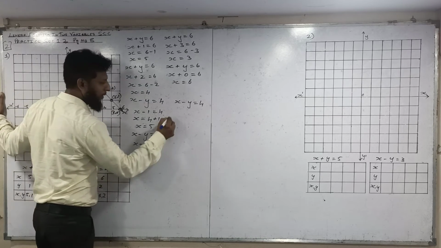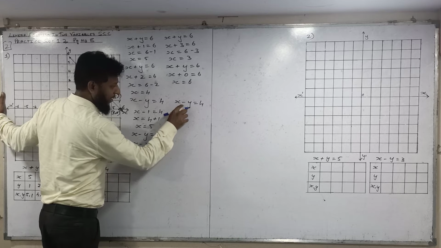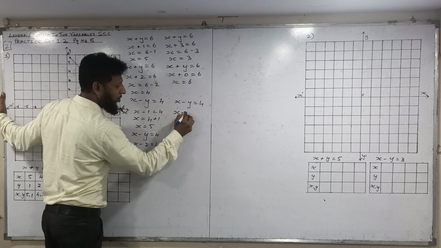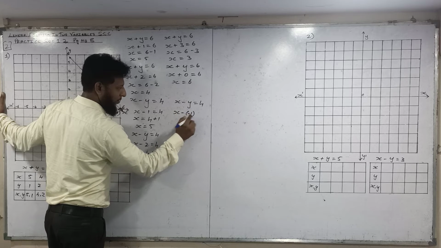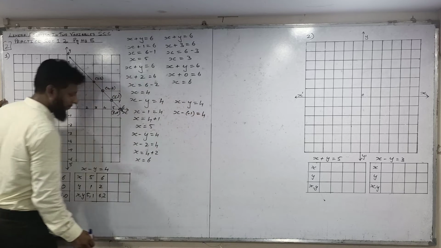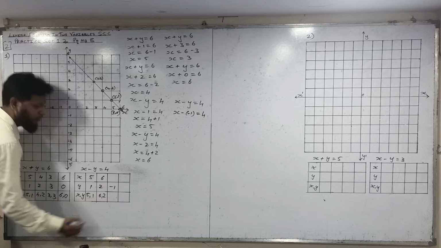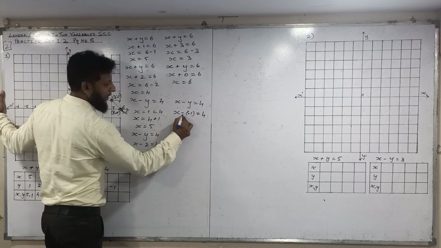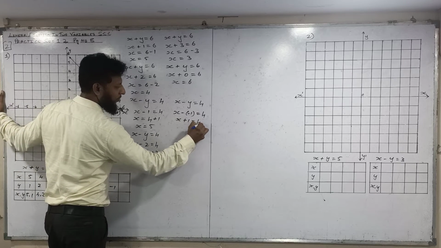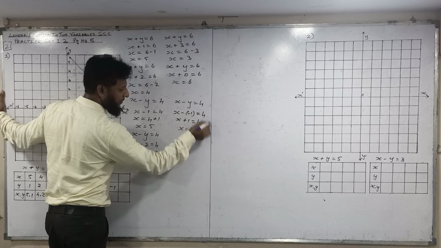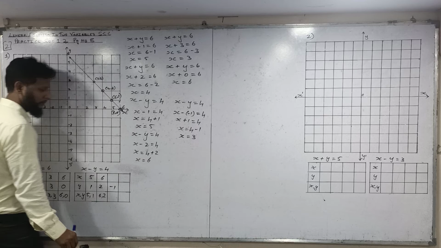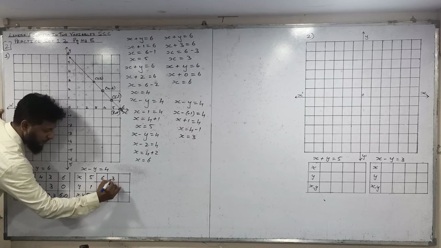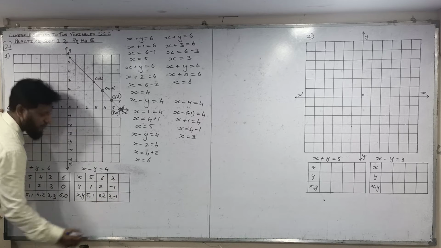So I will take now negative value. This sign is of equation. Now y value minus 1. I am taking y value minus 1. So minus minus plus 1. So 4 as it is, plus 1 will go there, minus 1, x is equal to 3. So x is 3. Now 3 and minus 1.